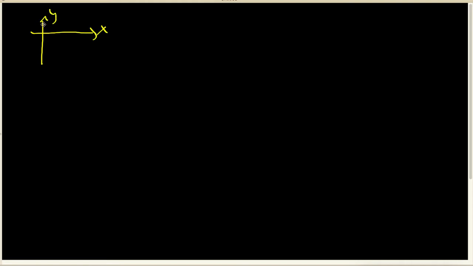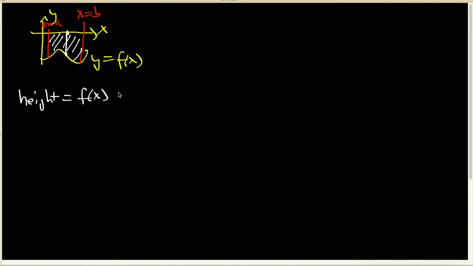Now, if I happen to have the function lying below the x-axis, so if my picture looks like this, so here is where y is equal to f of x lies. And again, I have these two vertical lines. This one is x is equal to a, and this one is x is equal to b. I still have a chunk of area that lives inside here, but this time my height is negative. My height is still equal to f of x, and it is a negative number, and my width is still going to be b minus a, which is going to be positive,